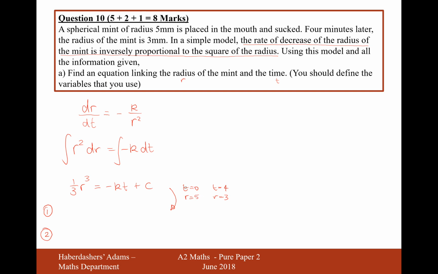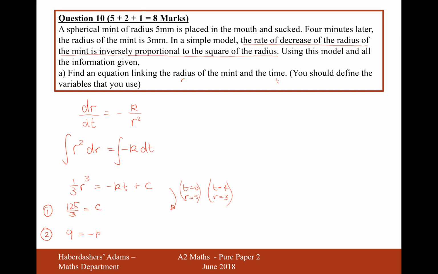Plugging in the first one, when r is 5, that's going to give us 125 over 3 equals minus, but t is 0, so that's just c. And then plugging in the second one, when t equals 4, r equals 3, so r cubed is 27 divided by 3 is 9,